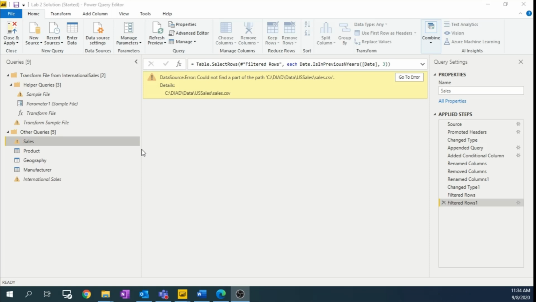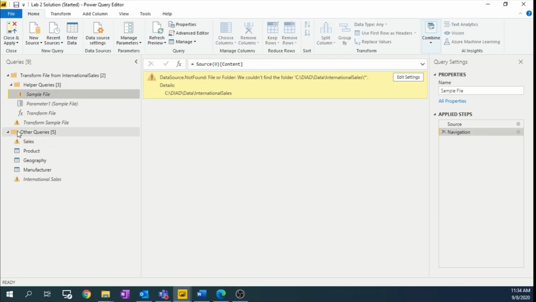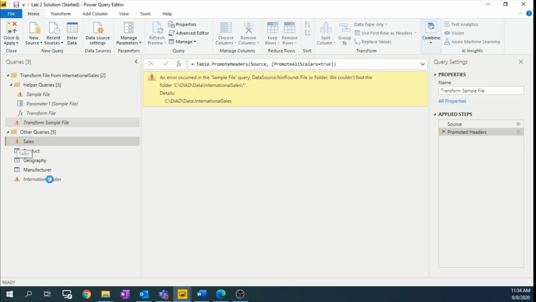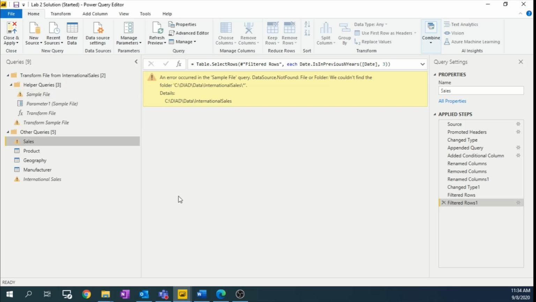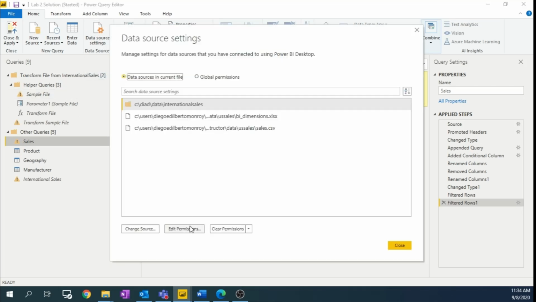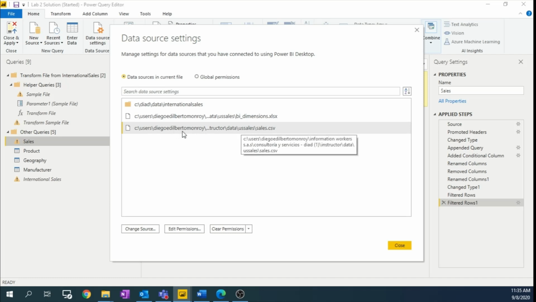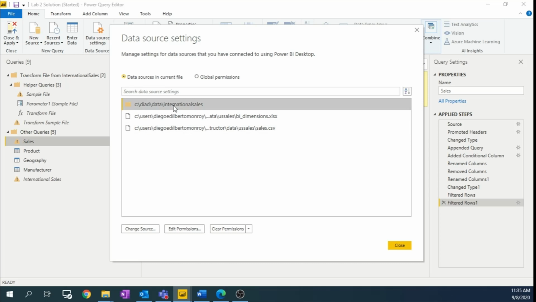If you see some errors like these, you have to change the source, redirect it. How to do that is simple. Just click on data source settings. Here you can see all the sources that you have. You have US sales in this folder, and this one you have to redirect to the international sales folder. So click on change source,